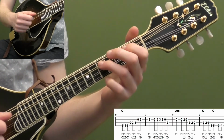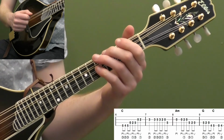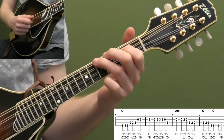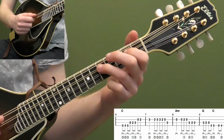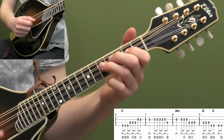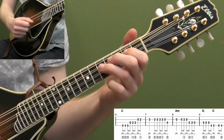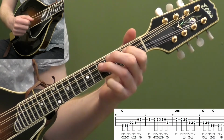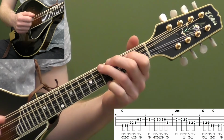And then a little ending lick, 5, 2 open on the D, up stroke on the 4th fret of the G string, and then 5th fret. So you have... That's just a nice little ending lick in C. So you have... That's the whole basic A part. So let's play that part. We have...